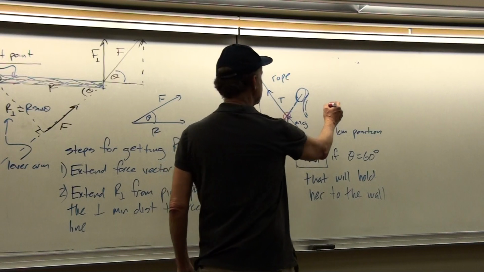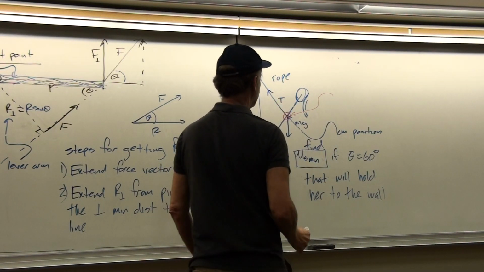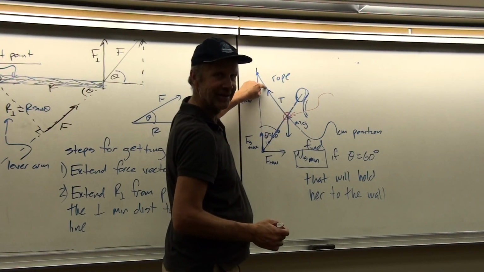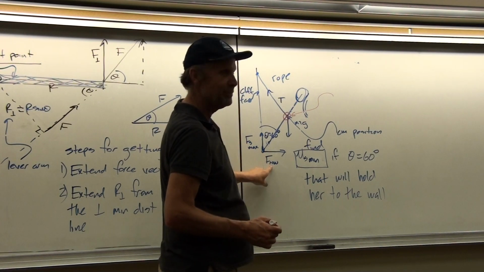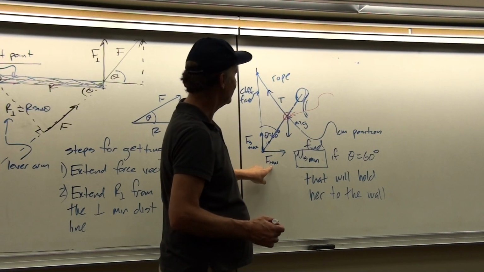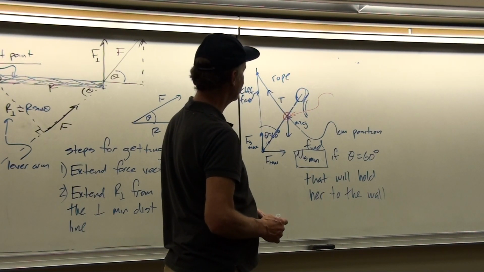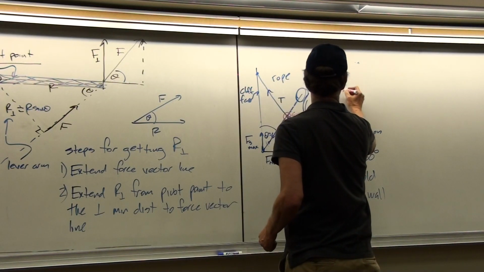Then by choosing this as the pivot point, we can measure everything with respect to that point, and we can eliminate the unknown weight and also the unknown tension. Okay? And then the static friction force is going to be related to the normal force. So we actually do, although it doesn't seem like it here, we actually do have enough information to solve this problem if we choose this as our pivot point.